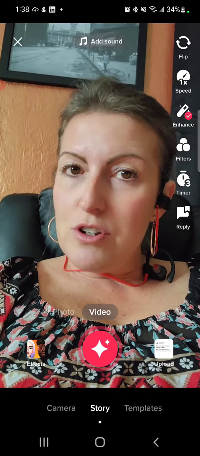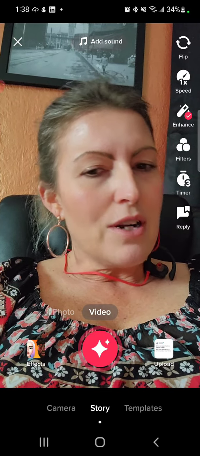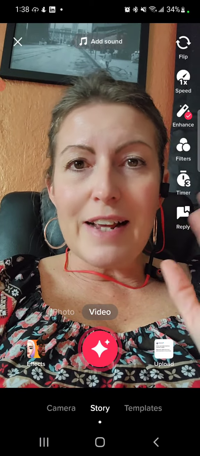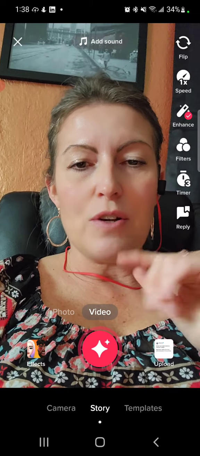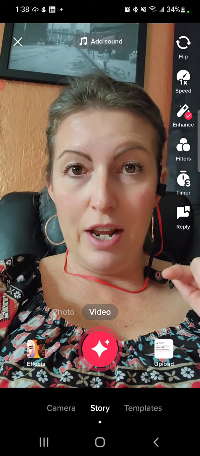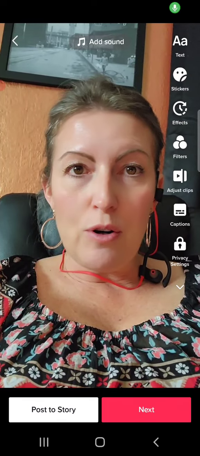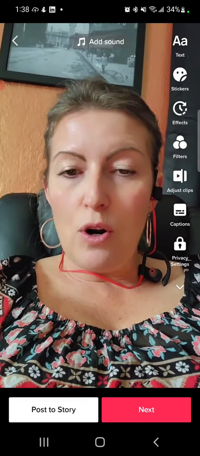Just like in other apps that have stories, like Instagram, you can do photo or video. The nice part about here in TikTok is that you can just tap it once and it will record your video, which is great. So literally you're going to just do that and hit like this. Now the difference